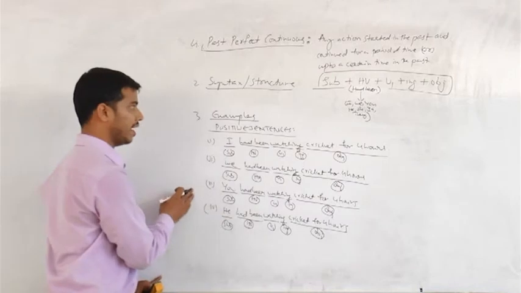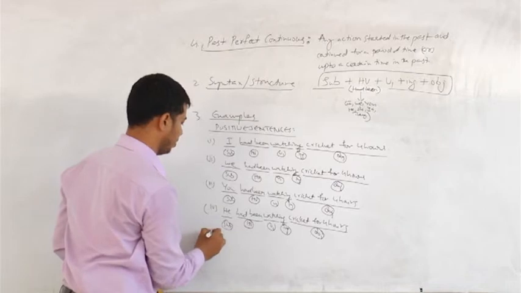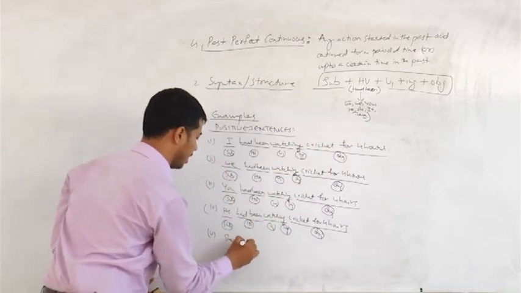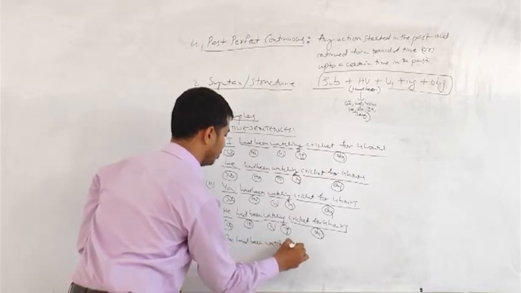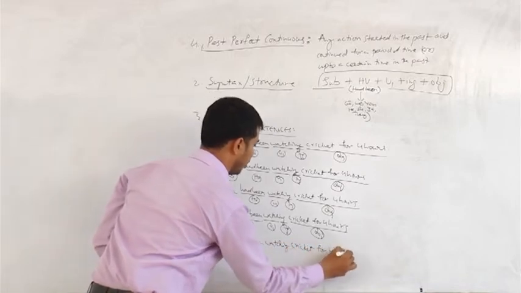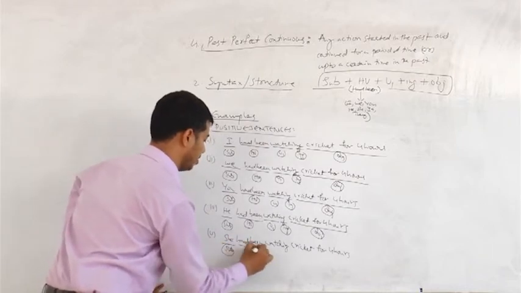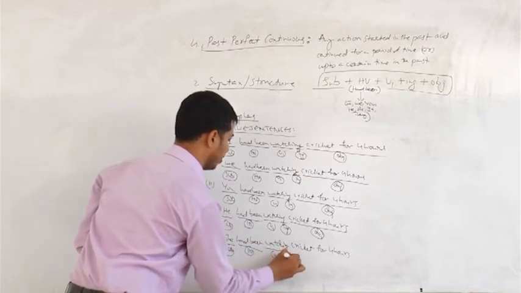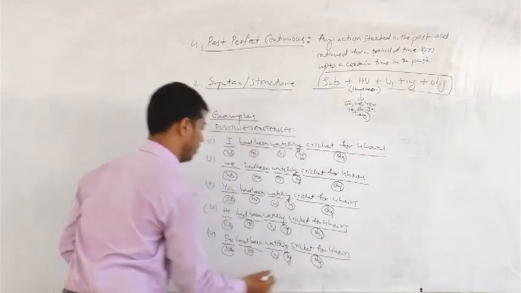So all these are agreeing to the syntax or structure: subject, helping verb, V1 plus ing, right? Okay. Let us go with she. She had been watching cricket for 4 hours. She is a subject, feminine gender, had been is the helping verb, watch V1, ing, and cricket for 4 hours is what? This is the object. Am I right?